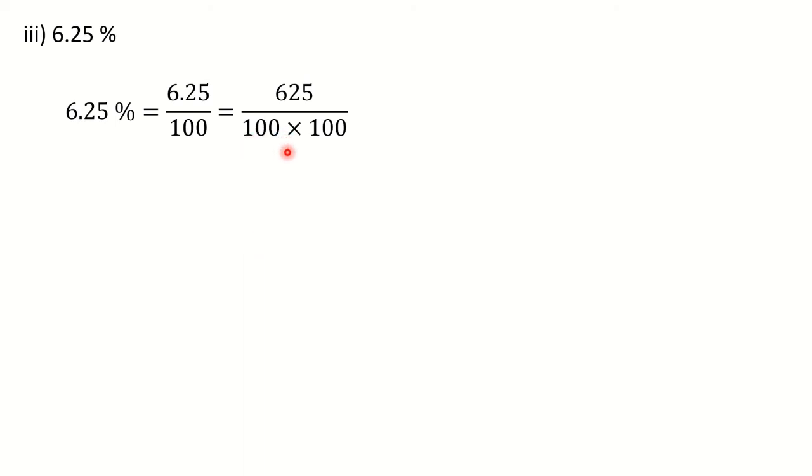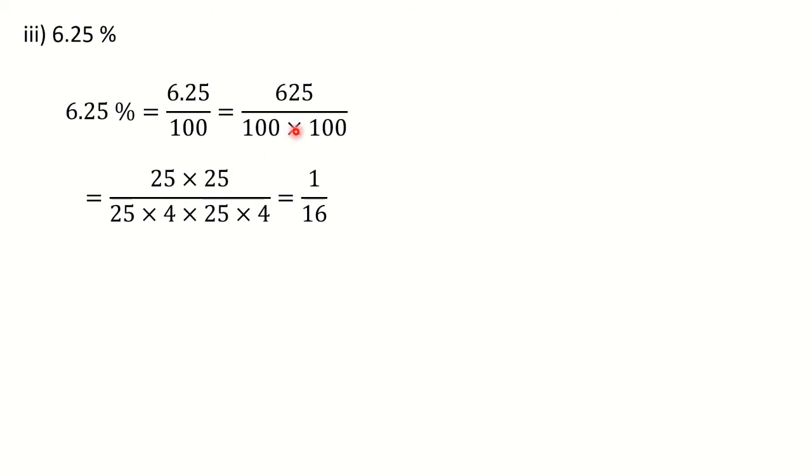Now if you multiply 100 into 100 you will get 10,000, and then you cannot think of how to split it, you cannot think of the factors. So instead, what you do, you factorize all these three numbers. You know that 625 is the square of 25, that you can write as 25 into 25. And the factors of 100, I told you, they are 25 into 4, 2 times, because we have 2 times 100. So you can see that this 25 will get cancelled. Similarly this 25 and this 25 will get cancelled.